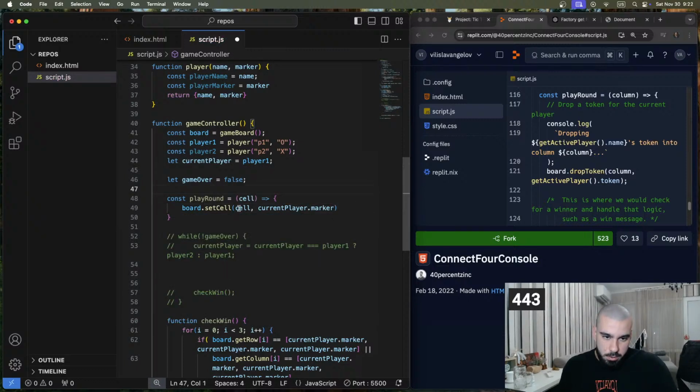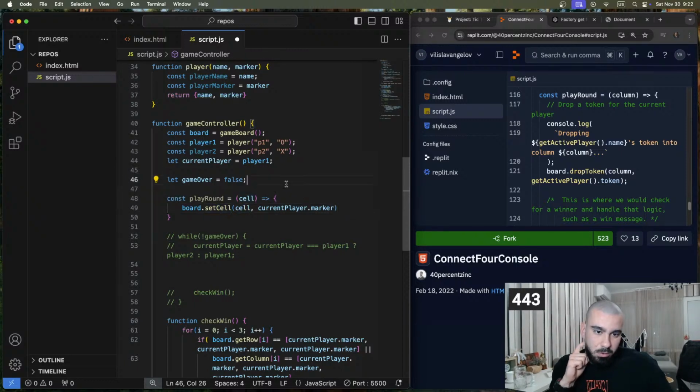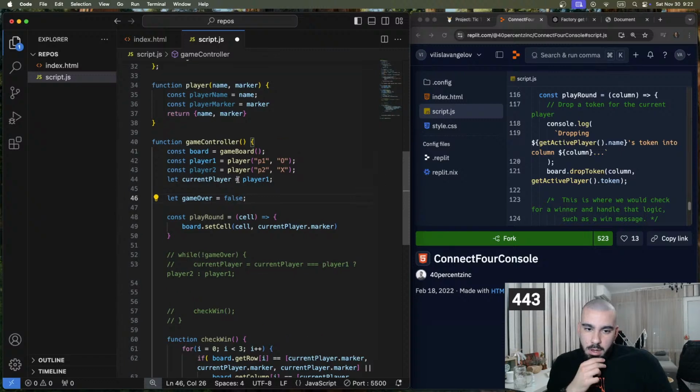And I know this is not going to work for now because setCell expects 3 parameters. We only give it 2. But we'll figure out a way to do it. So we'll do play round,